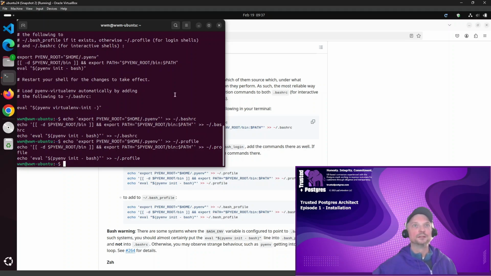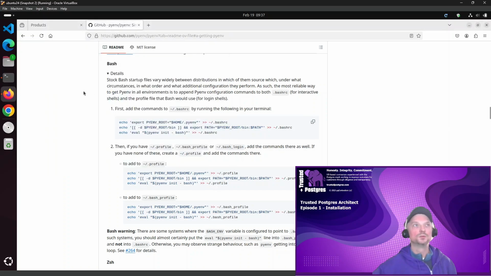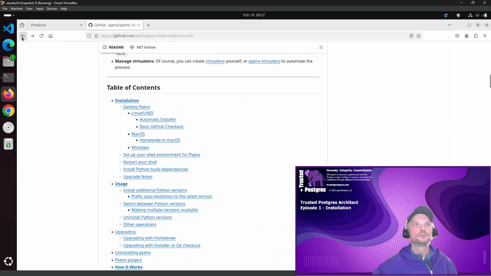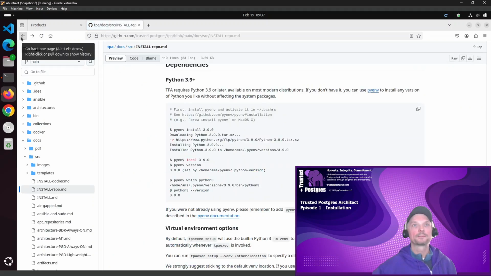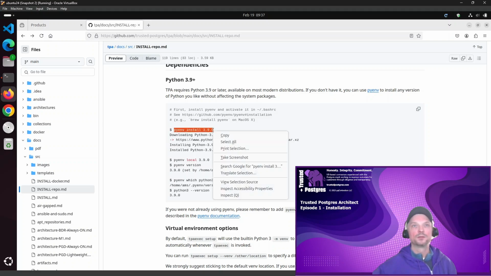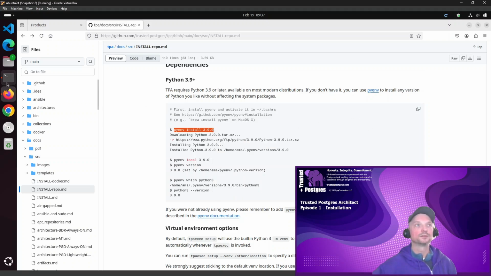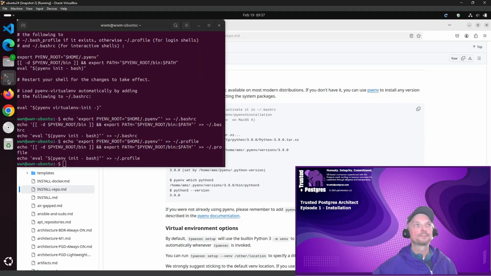So now that the bash RC file and the profile file are both updated, go back to our instructions for setting up TPA. And from here, we'll copy out the install command for pyenv so that it downloads Python 3.9